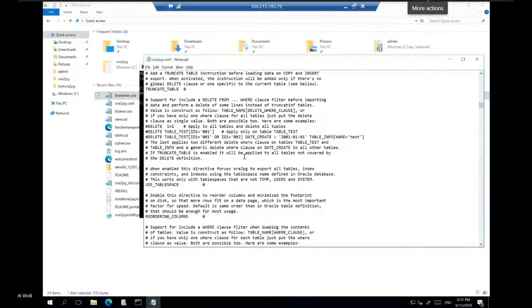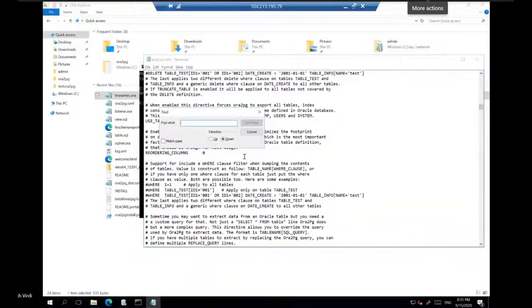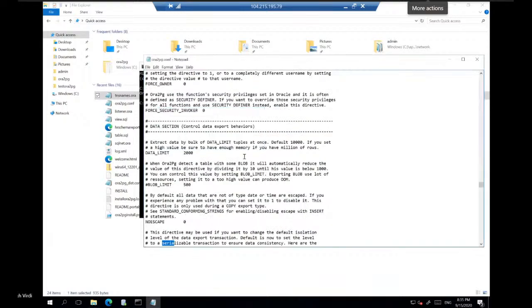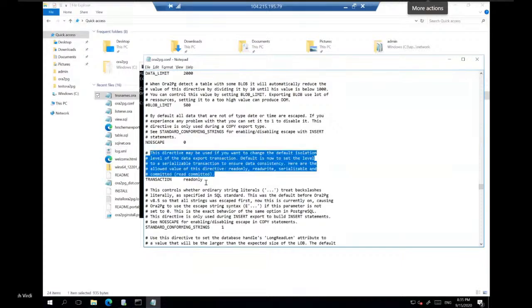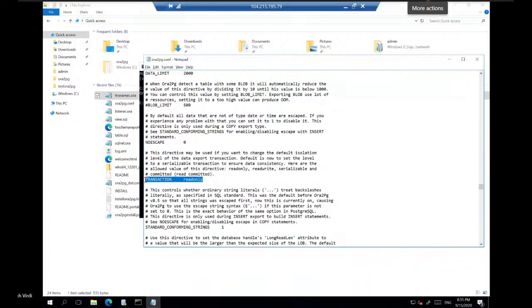And then there is one where you define the, one minute. So this is where you define the transaction level of data export. Now this is very important, right? For the demo I'm using the read-only transaction capability, but for a production move where you want to make sure that you only take consistent data, you need to at least go for serializable or read committed isolation level.